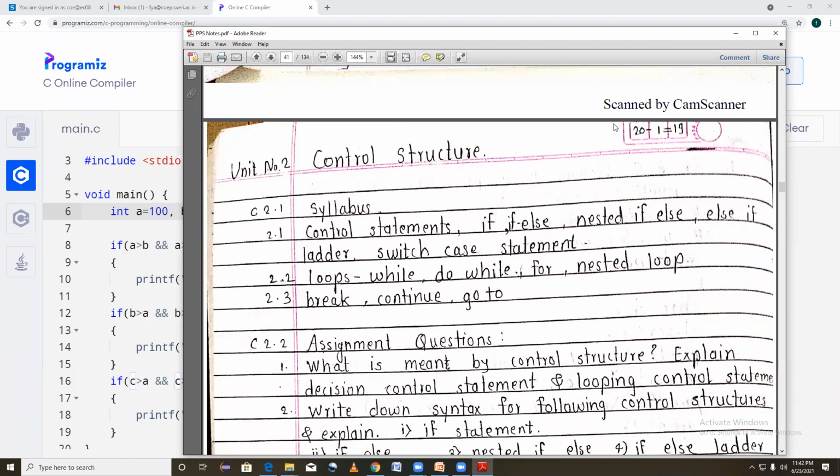We call these sequential statements, and mostly we are facing statements where we need to have some conditions, as when we are finding the maximum and minimum values, the largest values.